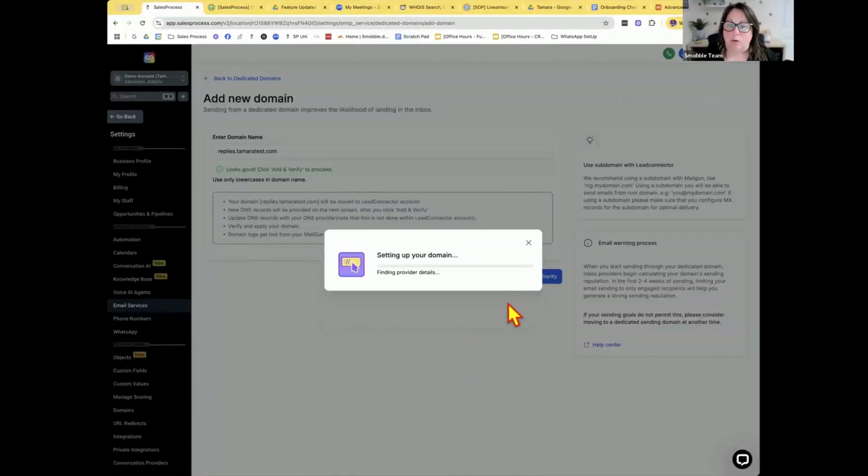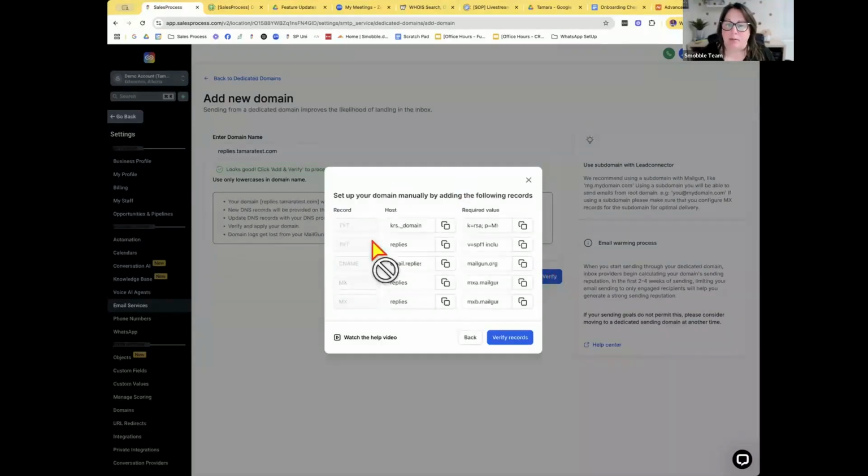So I'm going to walk through the manual process with you because we're going to have to add a few records to get our email set up. It takes a minute for the wizard to identify that my domain is with another registrar. So we have to set up all these records